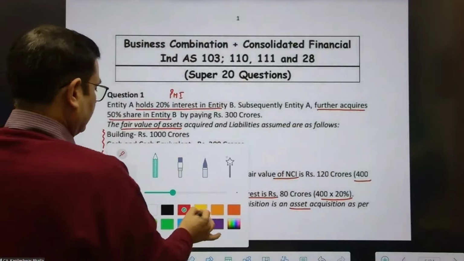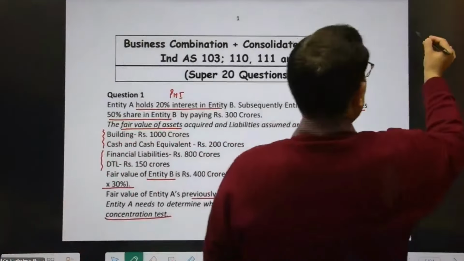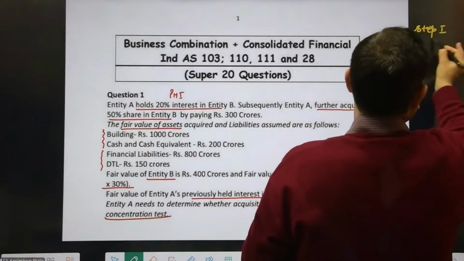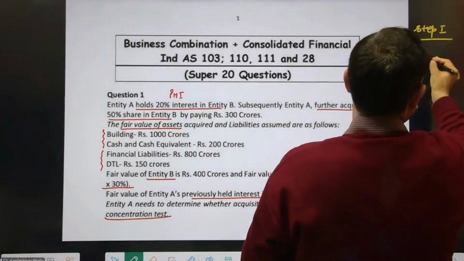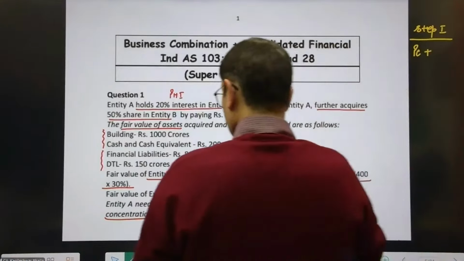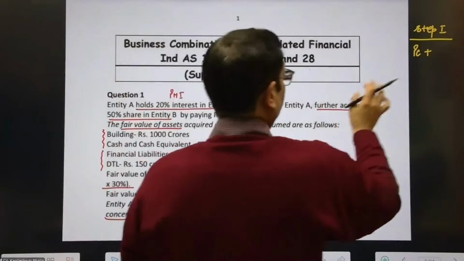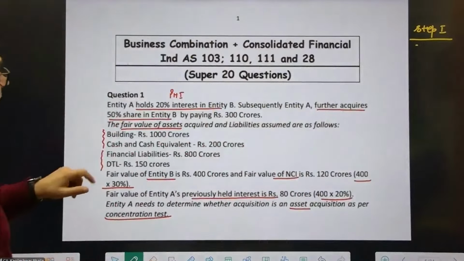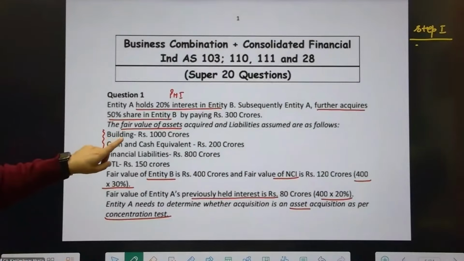Okay, so let's do it on the side. Let's begin with step number 1. What I need to do is add the purchase consideration. Rather, first we need to identify the individual asset. So can you first of all help me to identify the asset or a group of assets with the largest